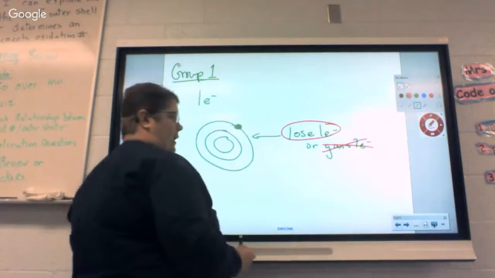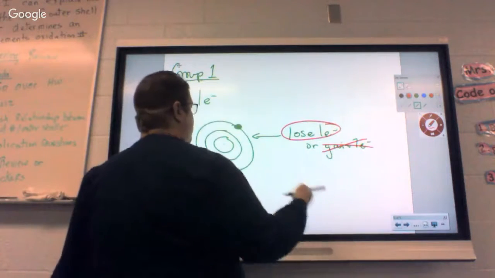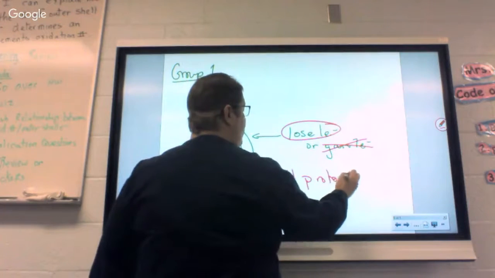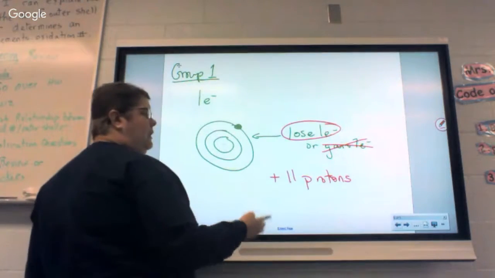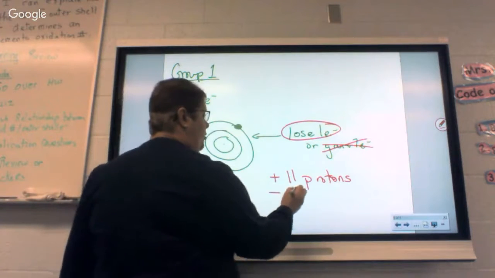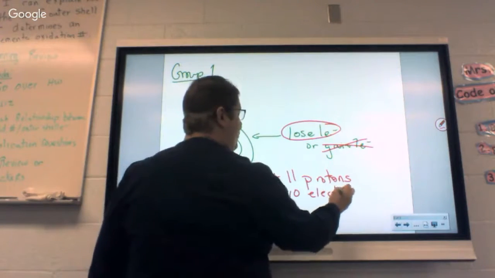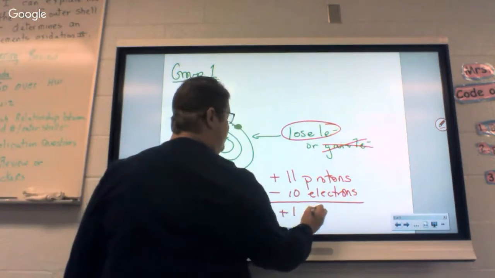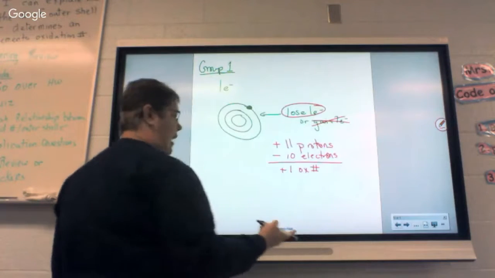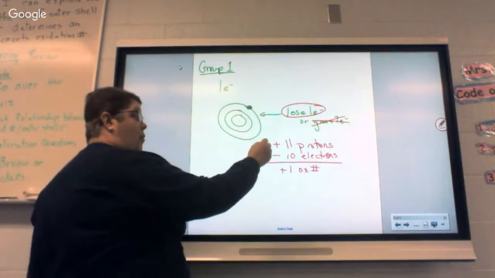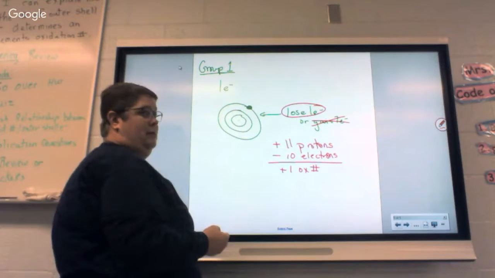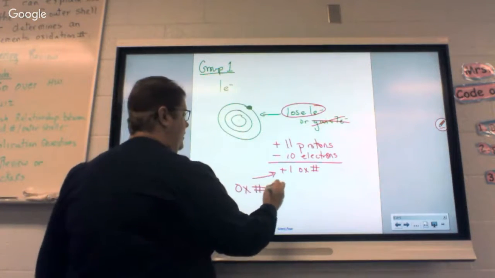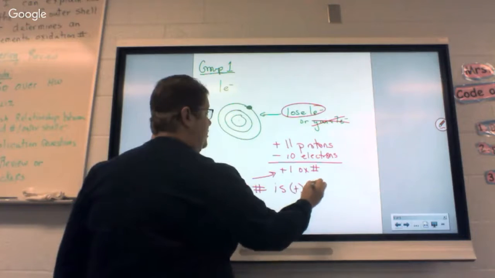Now, if we lose 1 electron, what is its oxidation number going to be? Well, we were using sodium yesterday, so it had 11 protons, and 11 electrons. We lost 1, so we were down to 10 electrons. So when we added this together, we wound up with a charge of +1 for our oxidation number. And so we talked about why we had a positive oxidation number. What do we have more of? More protons or more electrons? More protons. All right, so the oxidation number is positive because there are more